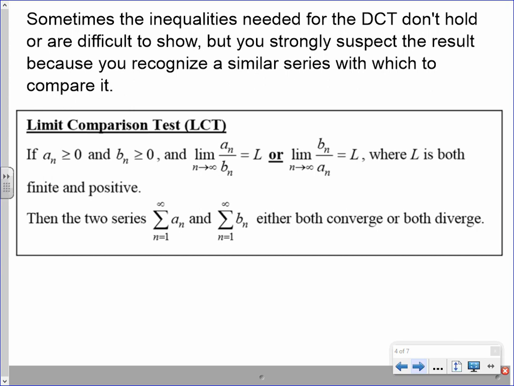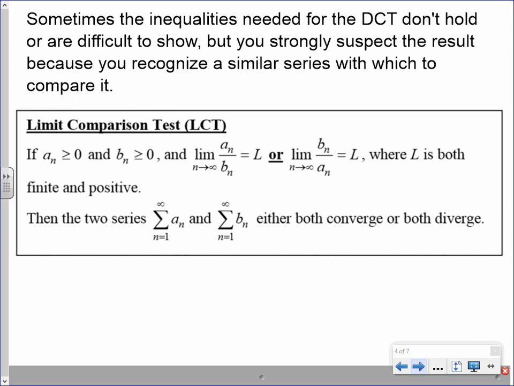So would this, LCT and DCT, be one test or two tests? Two separate tests. DCT is less work, but you still have to write quite a bit. LCT, you have to take a limit. So basically,